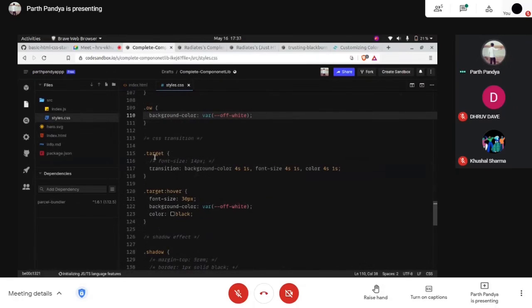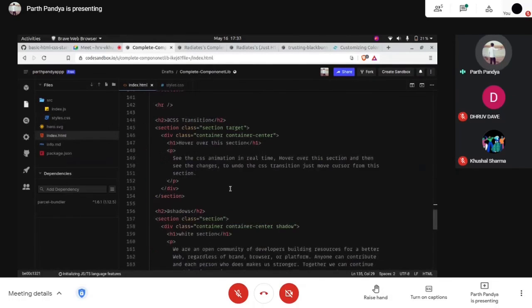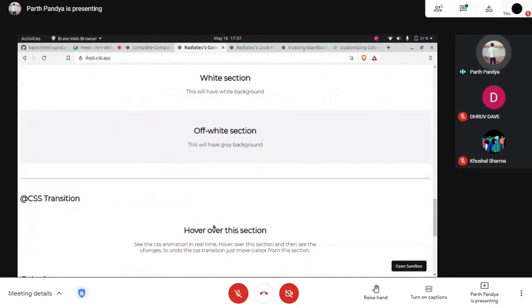Okay, so now CSS transition is a bit tricky, well, not actually tricky. You can see here dot target. I have defined a class here, dot target, and I have enclosed the whole content in a section. I have used this target too. I have used the container center to center everything inside this section.